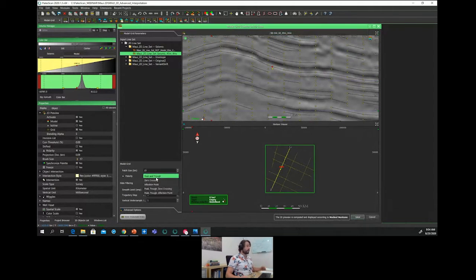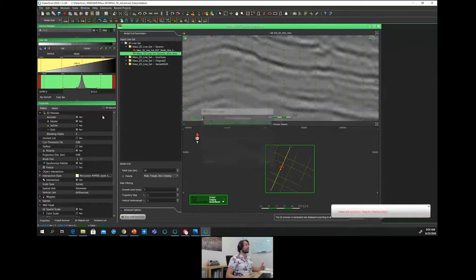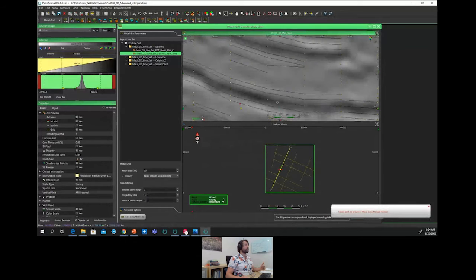The other parameter will be the control of the polarity covered by this auto-picking. So for instance, peak, trough, and zero crossings. I just have to refresh the preview, and we can see that we have a more dense distribution of the nodes.